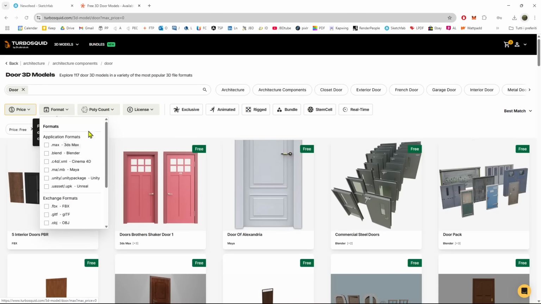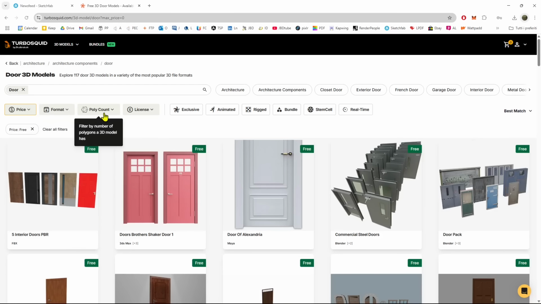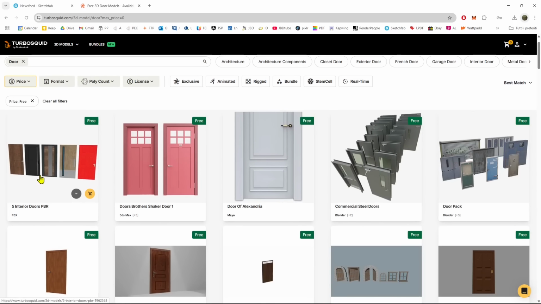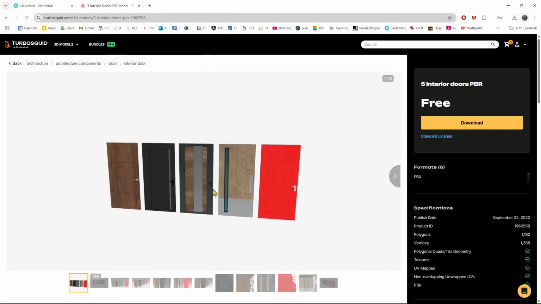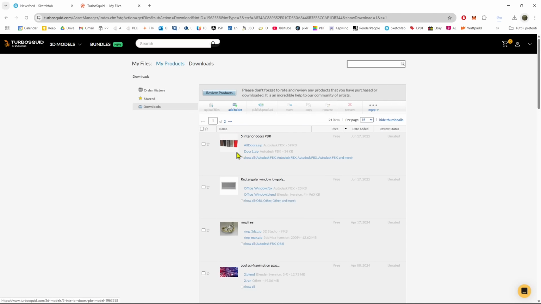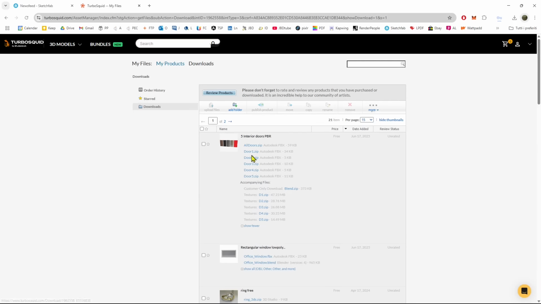All these will be found in the channel as video courses if you want to learn that software. And then you can filter by how many polygons, so low poly, or highly detailed, etc. We have a bunch of doors here also. For example, this is a combination, or let's say more a set of 3 doors. So why don't we get a set of 3 doors? Just click on download, and this is going to go in your area, and you can download the whole set of doors or just one door at a time, and you also have the relative texture. Let's say I want to download door 1, so I'm going to click